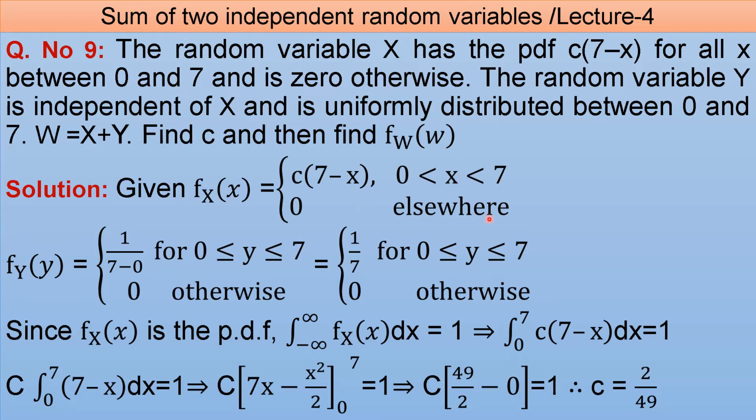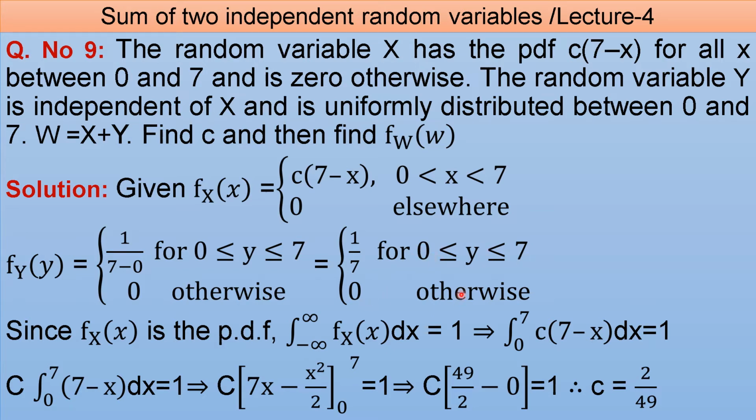The random variable y is independent of x and is uniformly distributed between 0 and 7. So x and y are independent random variables and y is uniformly distributed between 0 and 7. So the probability density function of y, fy of y, will be equal to 1 divided by 7 minus 0 for all y values between 0 and 7. That means it is 1 by 7 for all y values between 0 and 7 and it is 0 for